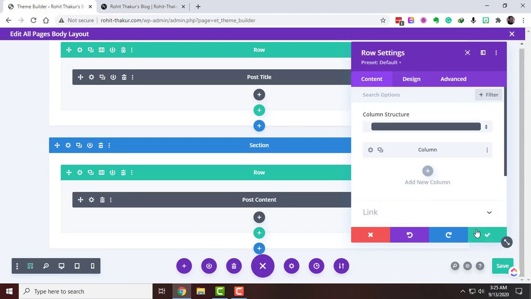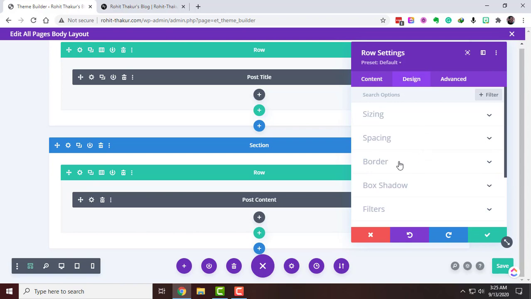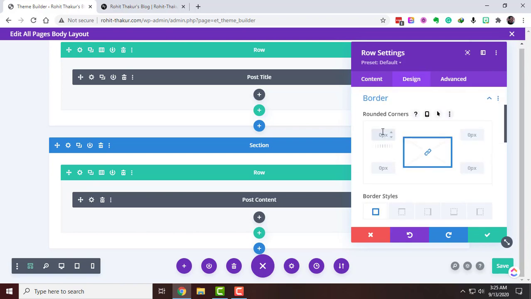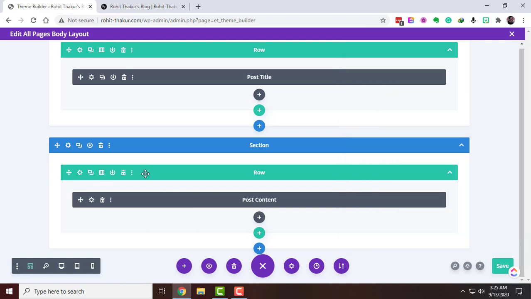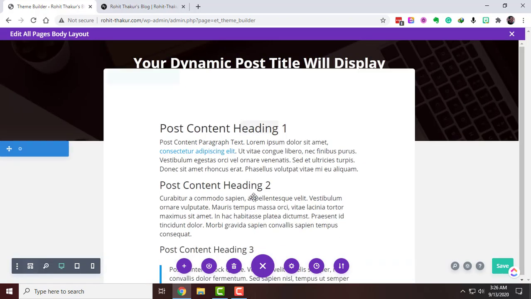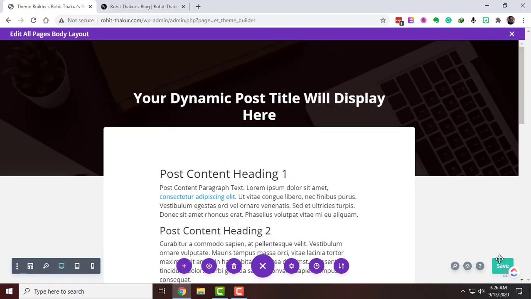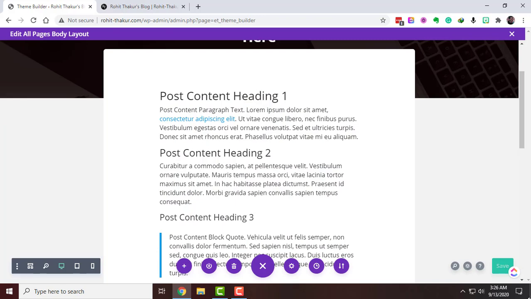We'll save it. Let's make the border 6, I think. Yeah. We'll save it. And what's left? Post content. We have edited the row, and I think it's good now. Let's save it.